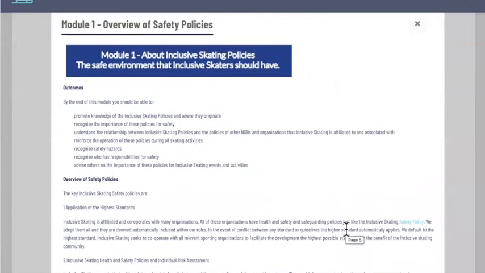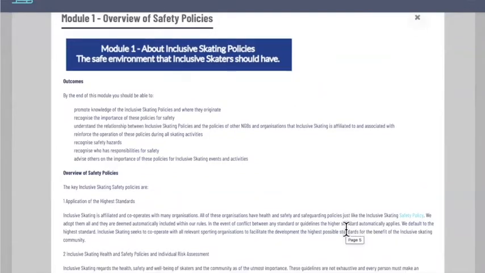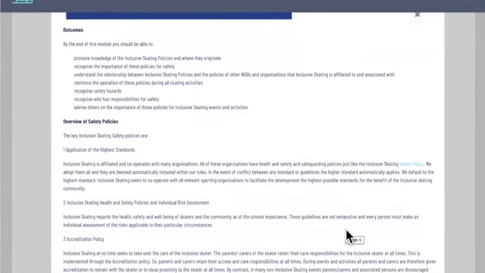So module 1, this is all about the inclusive skating policies and the safe environment that inclusive skaters should have. The learning outcomes. By the end of this module, you should be able to promote knowledge of inclusive skating policies